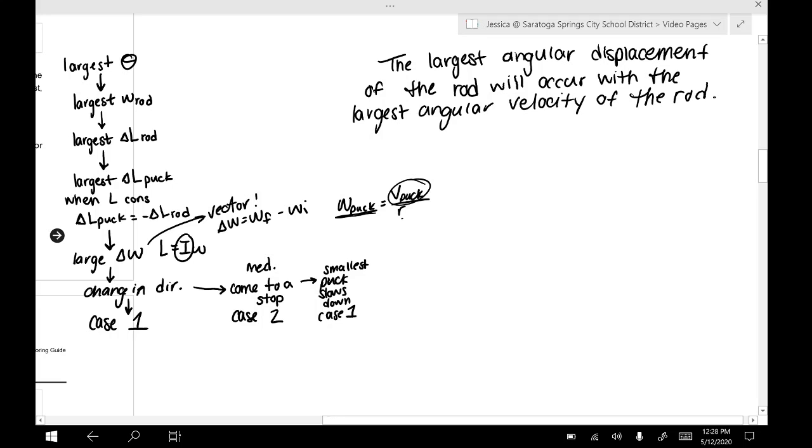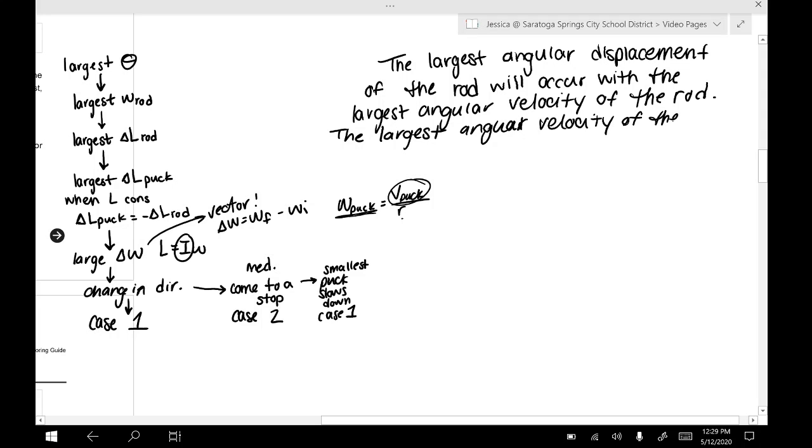Now, in the few of these that I had already graded, I noticed students were not making this connection. They were not connecting the fact that a large angular displacement comes from a large angular velocity. That is an important point that you have to put in there, because you have to say why you're able to make the claim that case 1 is greater than case 2. And that claim comes from the largest angular velocity. Okay? So the largest angular velocity